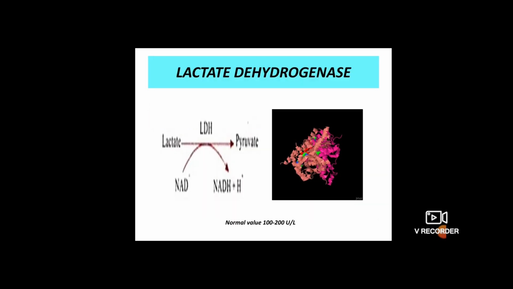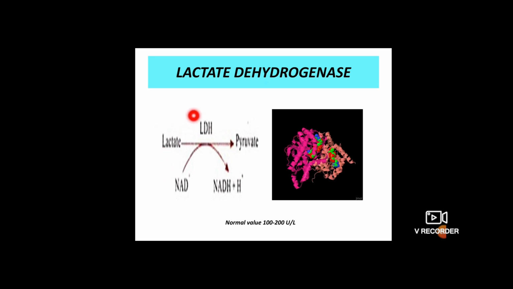So coming back, we have to be very clear with the examples of isoenzymes. One is lactate dehydrogenase, the next ones are creatine kinase, alkaline phosphatase, amylase and gamma glutamyl transferase. For today's session, we are going to see the example in detail of lactate dehydrogenase. So lactate dehydrogenase comes under the isozymes or isoenzymes. Before we see the structure, the details and the diagnostic purpose, first we have to know what it is going to do.